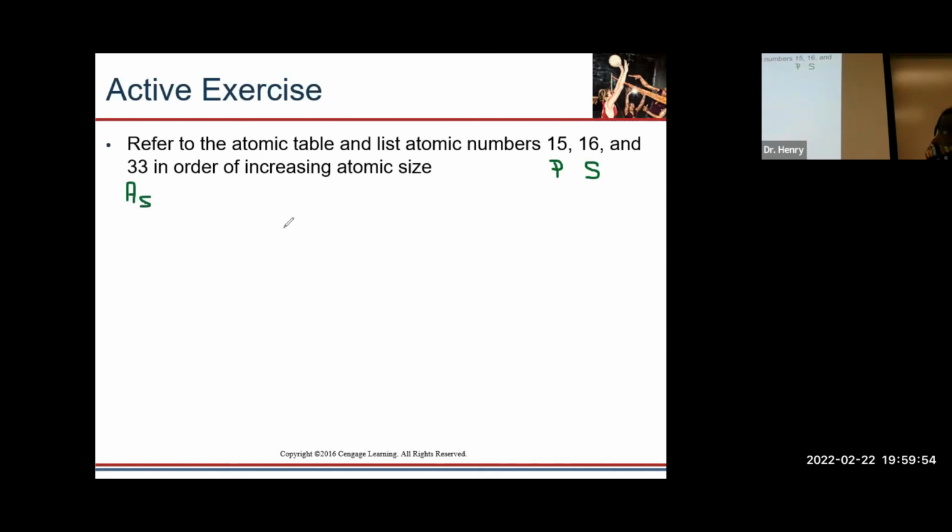Sulfur. Okay, so sulfur is going to be the smallest. And then phosphorus, and then arsenic. Okay, Pac-Man eats the bigger one. So if we did this in terms of atomic number,